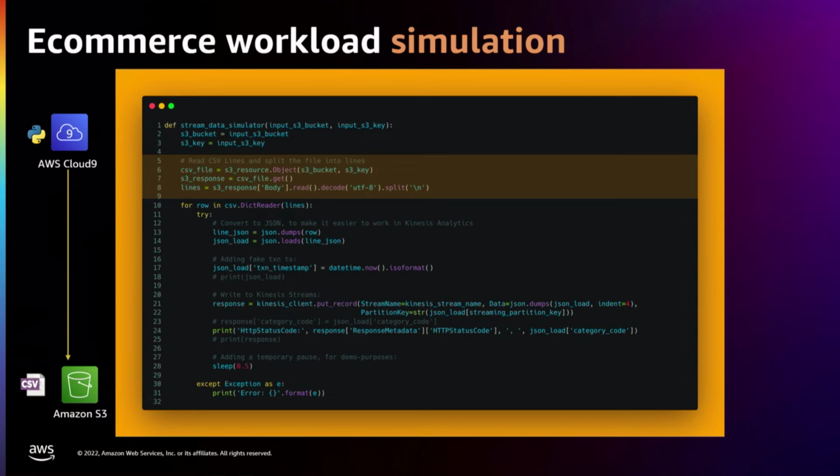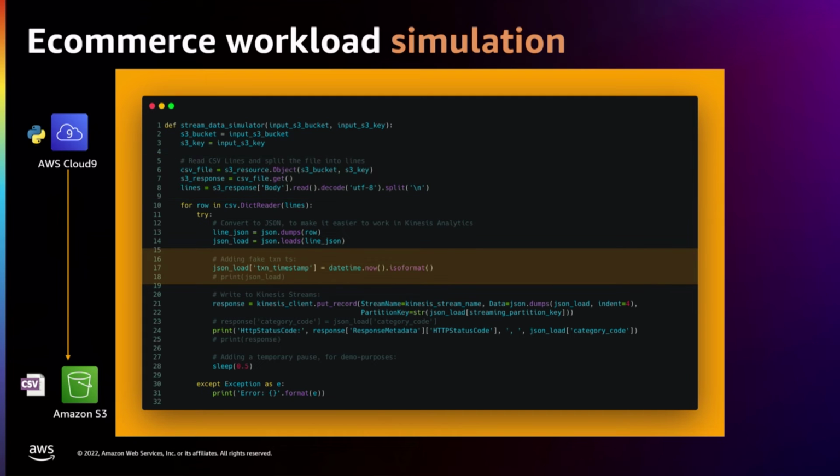So in these first 3 lines of code, what it is doing is reading that CSV file. And then, since we are doing a simulation for online processing, we need to have a timestamp, right? Without a timestamp, we cannot figure out anything. We cannot detect a DDoS attack and all of that. So since this is a simulation and we are using a CSV file for that, we need to add a timestamp. And that is what we are going to do here in line number 17, where we are just adding a timestamp to each record.